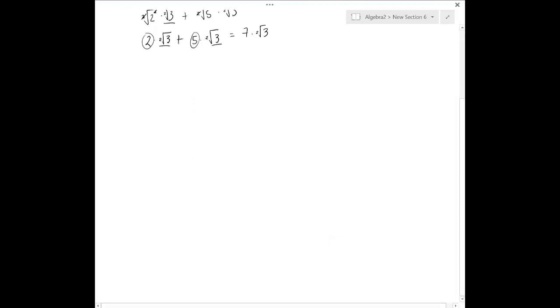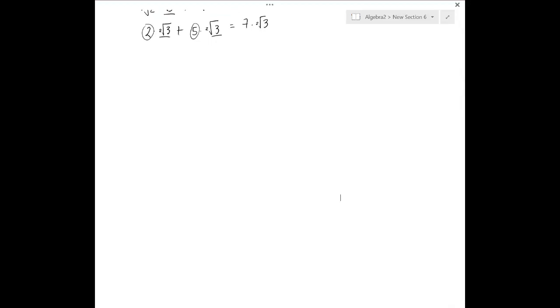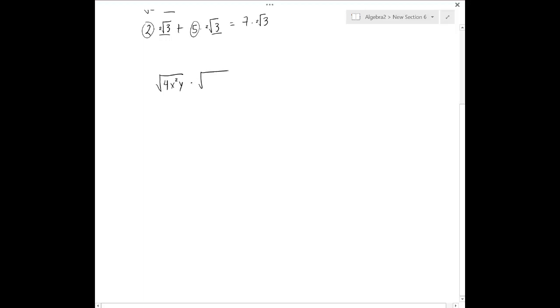Alright, so now let's talk about a multiplication. So I'm coming up with these as I go, so please bear with me. But these are just like what you're going to see on the test. So let's do something like the square root of 4x squared y times the square root of perhaps 9